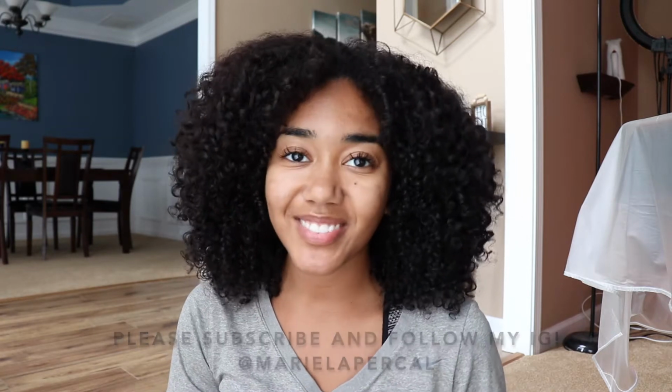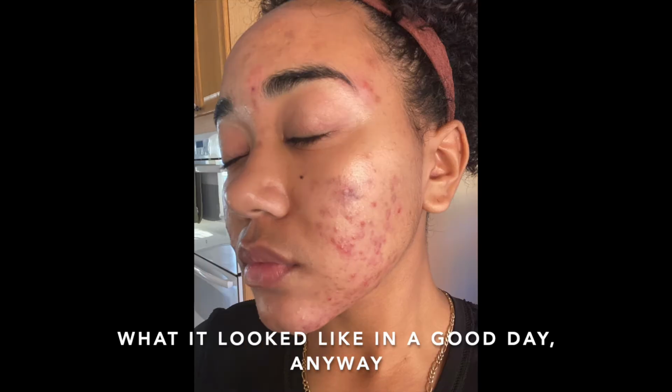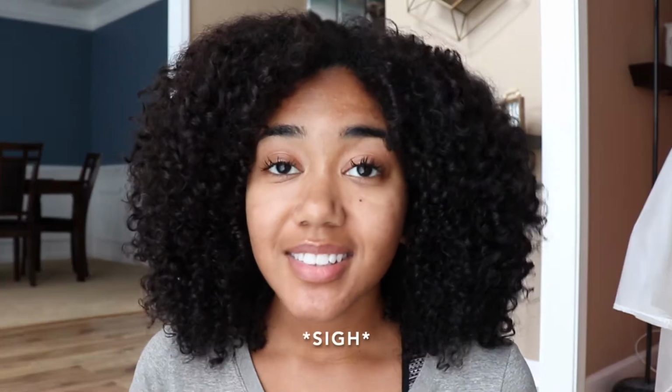So before you guys say there's no acne on her skin, let me tell you what my skin looked like before I started using the Healing Clay mask. That is what my skin looked like. My skin literally looked like that, guys. Like, I know it's crazy, but...